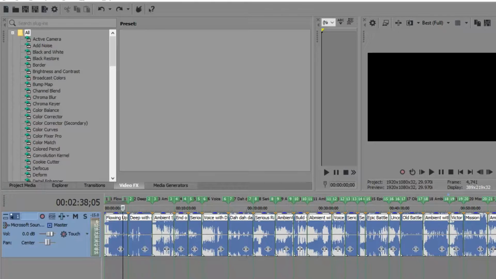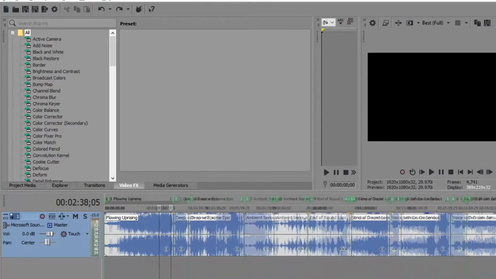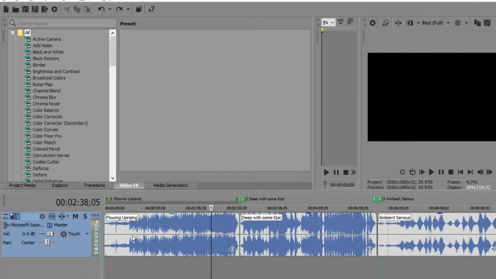I went ahead and imported the full Battlefield 1 soundtrack. I don't even know where I got it from. And I went ahead and broke these down into regions. You do that by taking the single file and creating your tracks by using your S key to create